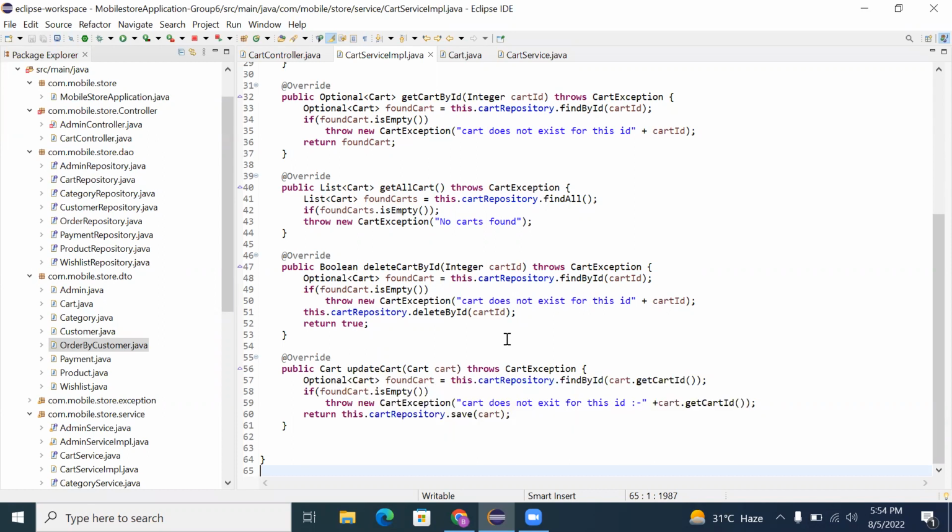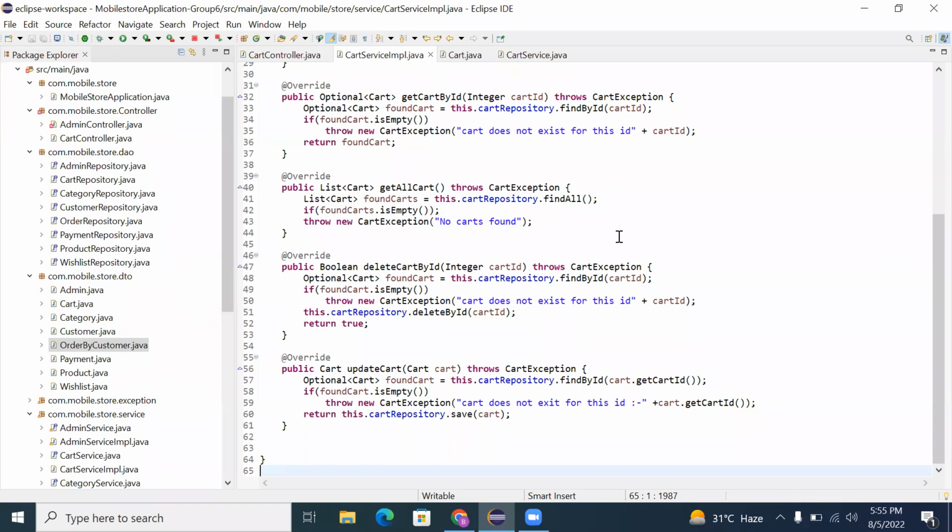So after that, we are using the optional cart. In this, we are using the found cart. If we find the cart in the cart repository by its ID, we will get the item using get cart by ID with the help of the cart ID only. And if we are not finding any, it will throw an exception. Okay, so somebody is trying to update the cart, and if it is not there, you are going to throw an exception. Correct. Otherwise you're going to save it. Yes, sir.